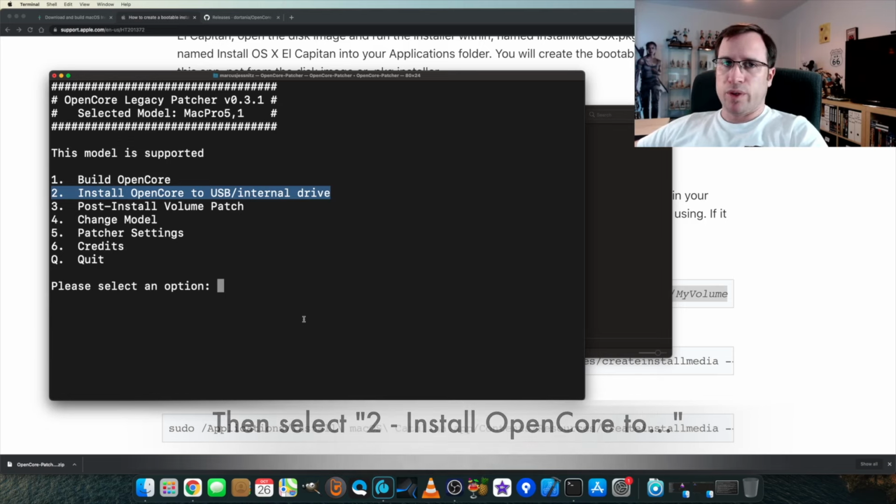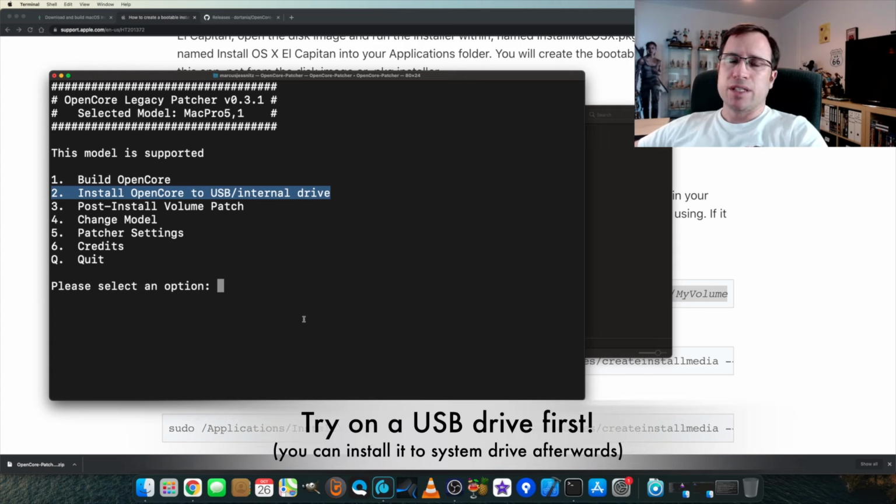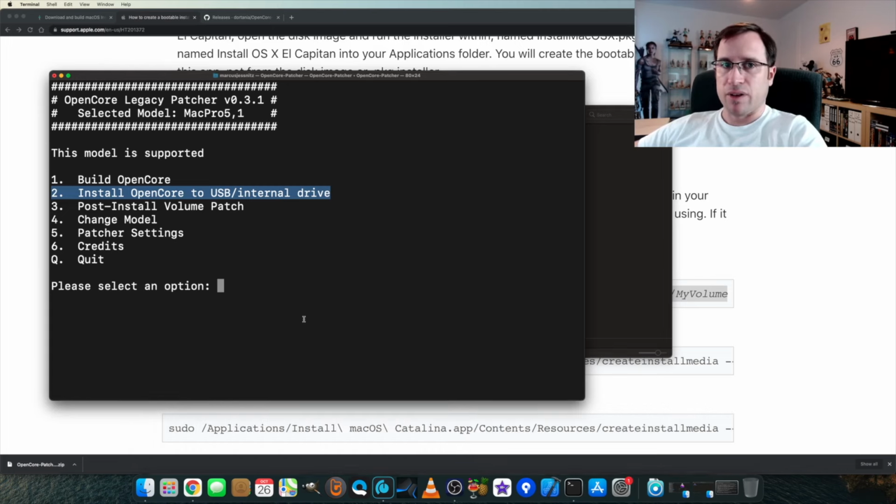We now do it with the USB drive, do the installation, and you can just do the same if everything works fine again and choose your Monterey hard drive to just install the OpenCore on your regular hard drive, so you don't need the USB drive anymore if everything works, and you can get rid of the USB drive. Now we choose 2.